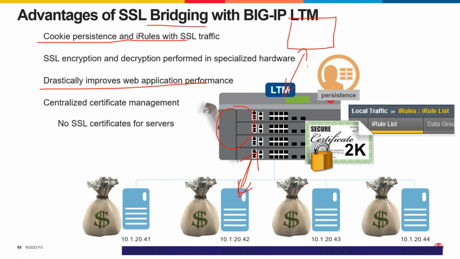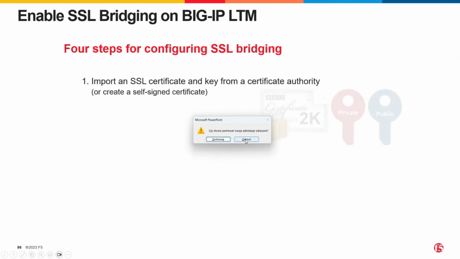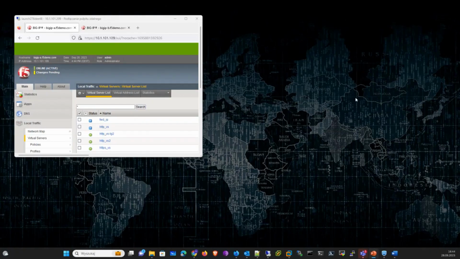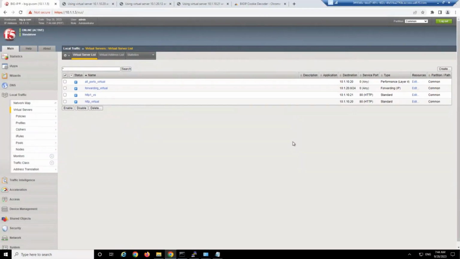But very often we use our BIG-IP to offload that from servers. So it means that only the client side is encrypted and the server side is not encrypted. So we don't need to encrypt that on the server side. Maybe instead of doing that from the presentation, I will close that one, okay? And I will try to configure something on BIG-IP. So I will show you the most common configuration when we want to do something with encryption or